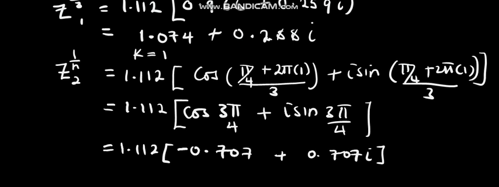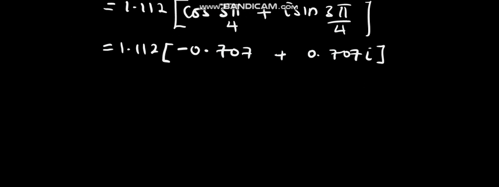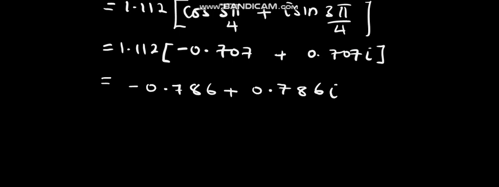Is that okay? If we try to simplify, we shall have the result as negative 0.786, then plus 0.786 i. Now for k equal to 2, we shall have z^(1/3) to be equal to